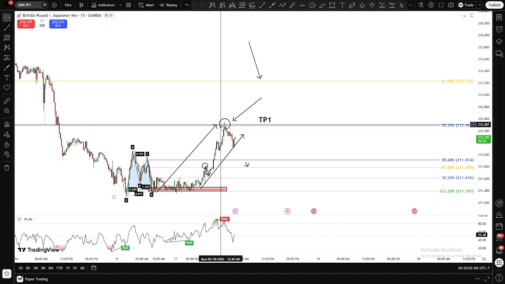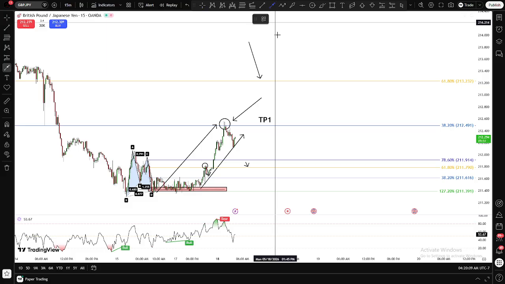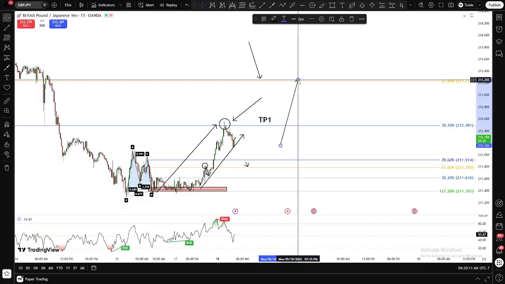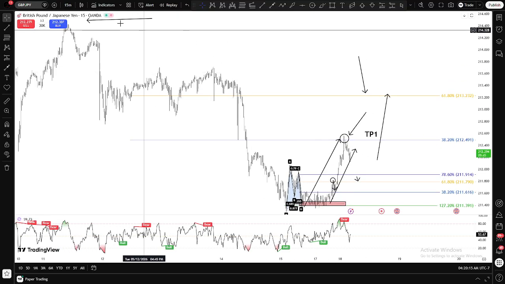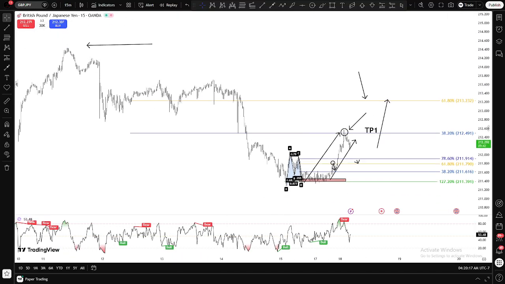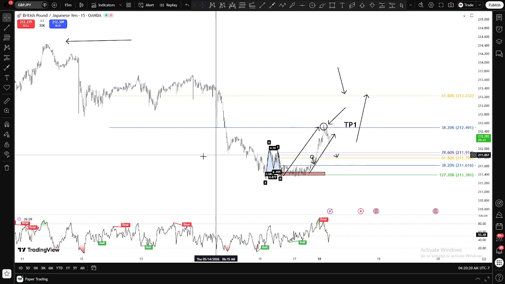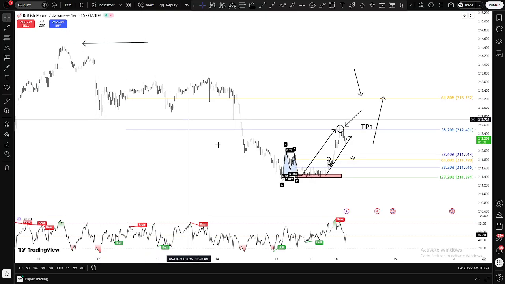Like if you had 10,000 units, sold 5,000 of them back, trying to allow the remaining 5,000 to make it to target two. And that's target two up there. Remember, it's a 618 retracement of the whole entire structure. So if you're looking at this picture, this is what it really looks like from swing high to swing low